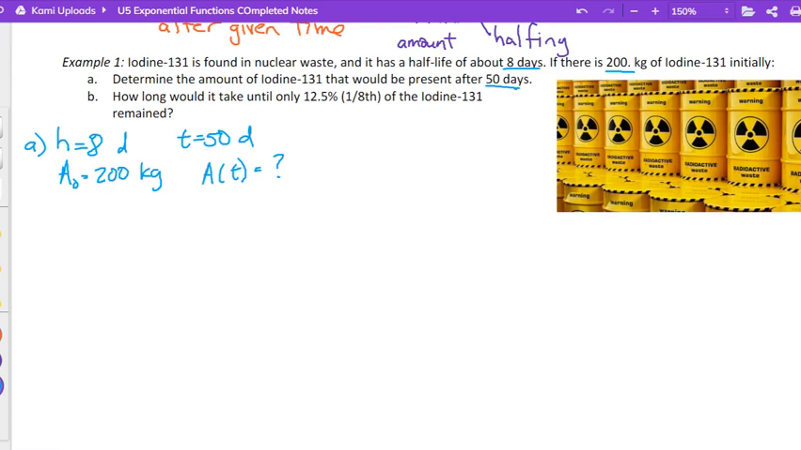6, right? Because 8 times 6 is 48. So it will have halved 6 and a bit more, right? So I could actually do that in my head. I could be like, okay, well, if it was at 200, the first time it halved, it's at 100. The second time it halved, it's at 50. The third time it's halved, it's at 25, right? I could solve this-ish without even doing